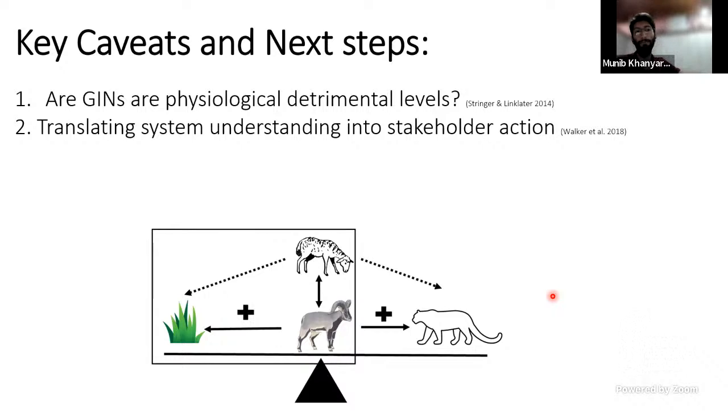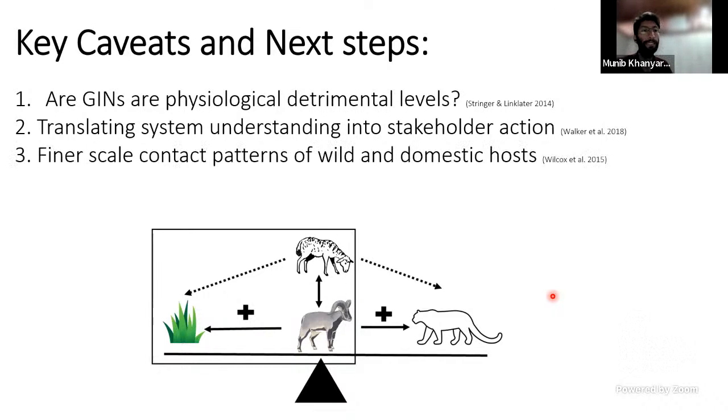Even though we have a lot of the system understanding now, it's actually hard to translate that into stakeholder action, in our case, primarily the herder. So we've been sort of seeing what to do there. And at the same time, while we understand there is this annual overlap between the wild and domestic ungulates, sometimes this very, very fine scale contact patterns, which we might only get from collaring data, for instance, actually lead to parasite transmission. So I think it'll be interesting to see how we can slice and dice these contact patterns